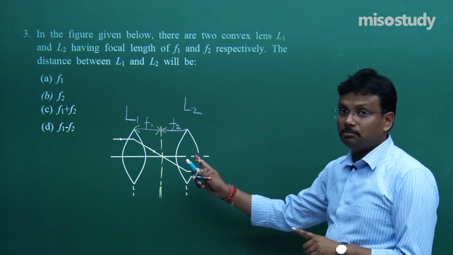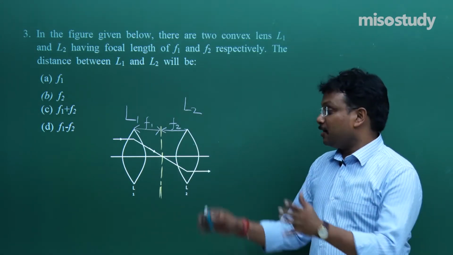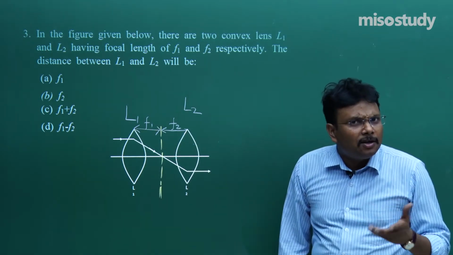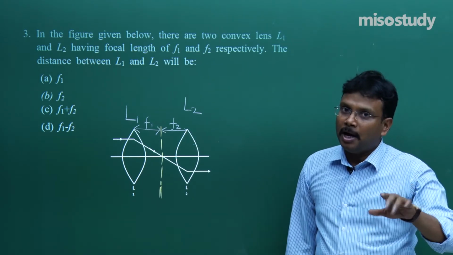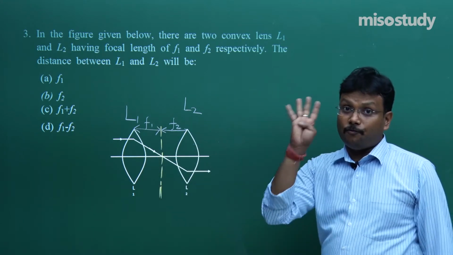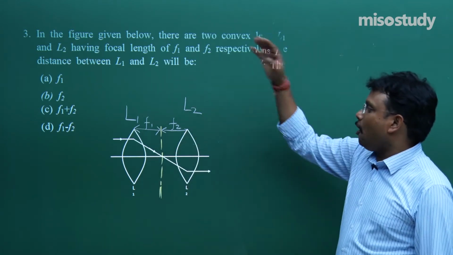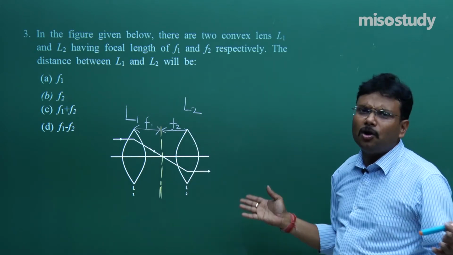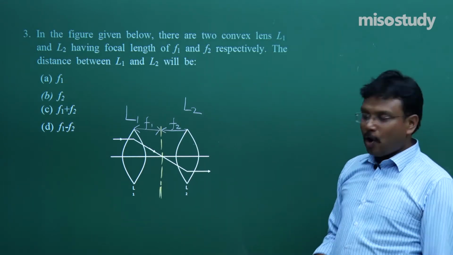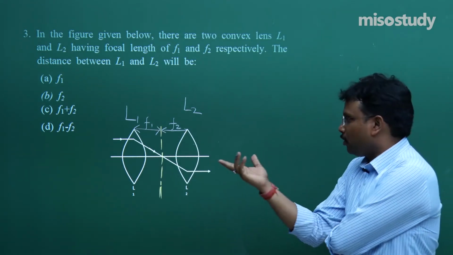But the solution of this problem is one line. The problem is provided in this question set just to check whether you have clarity of image formation using a lens or not. If the concept is clear, in 10 seconds you can answer this question. 10 seconds, 4 marks. And if the concept is not clear, you love to apply a lot of formulae, calculation, this, that and what not. Even the ray diagram is provided in the problem itself. You just have to take a closer look. This is the depiction of the ray, that's it.